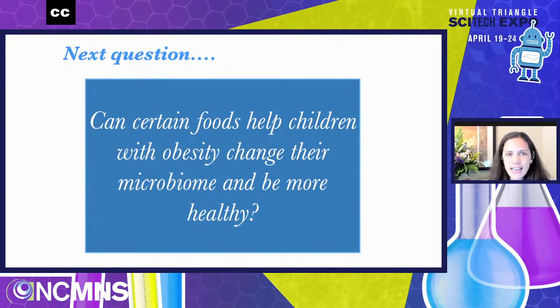And so I guess many of you might be wondering at this point, well, what should I eat so that I can have the healthiest bacteria possible in my intestine? So we're going to talk a little bit about certain foods and how we're studying these foods can help children. In this study, it's specifically children who have gained weight too quickly for whatever reason. But really, this applies to everybody in terms of how you can be most healthy and how those foods change their microbiome.